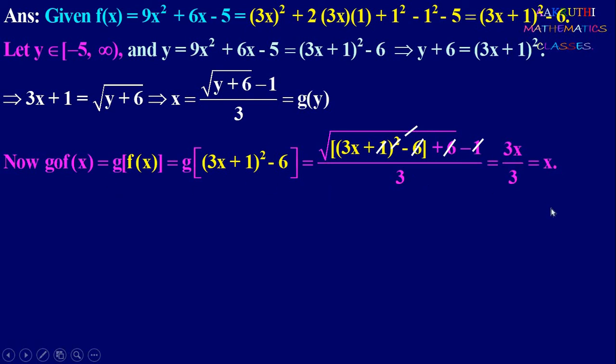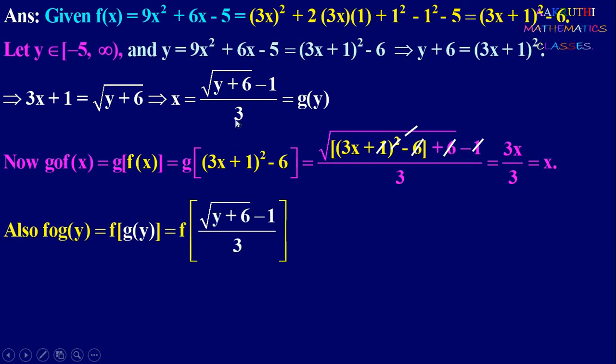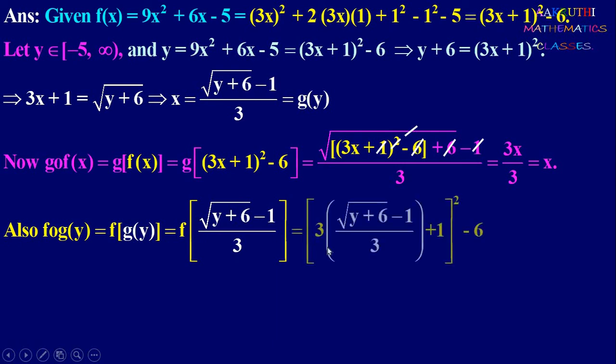Therefore, g composite f of x is x. So next we find f composite g of y. F composite g of y is f of g of y. And here we have g of y is root of y plus 6 minus 1 divided by 3. So therefore it is f of root of y plus 6 minus 1 divided by 3. So it is of the form f of x and we have f of x is (3x plus 1) whole square minus 6. In place of x, we have to write root of y plus 6 minus 1 divided by 3. So we get (3 into root of y plus 6 minus 1 divided by 3 plus 1) whole square